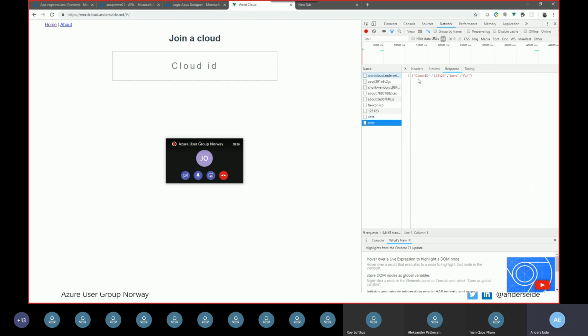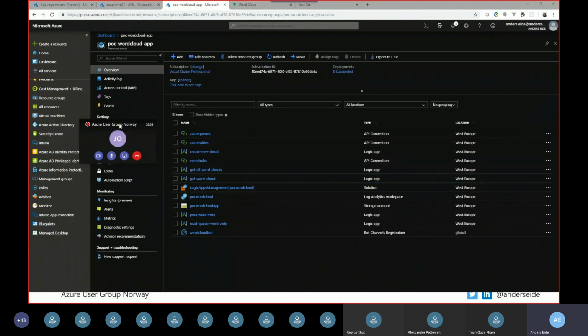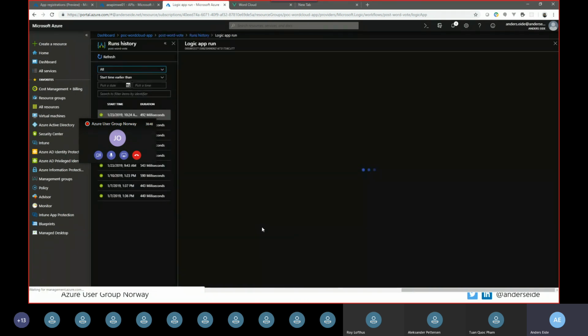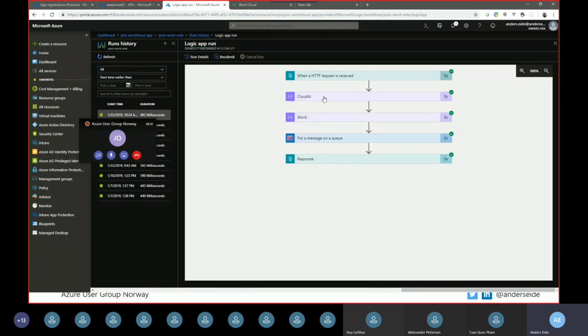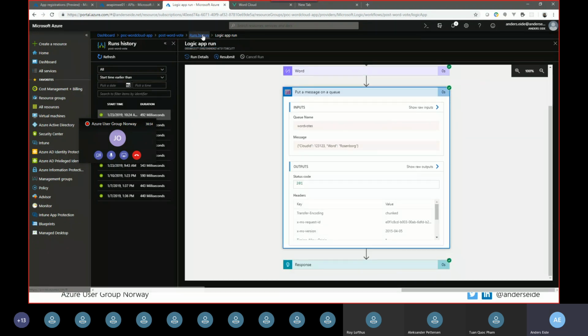And you can see that it's real simple headers and there's a really simple post sent to the API management service, which hits this other logic app. So post word vote, and you can see it was just processed seconds ago. And this one is just putting the message to a queue, and another logic app will pick up from that queue and